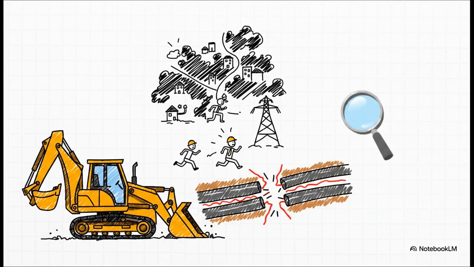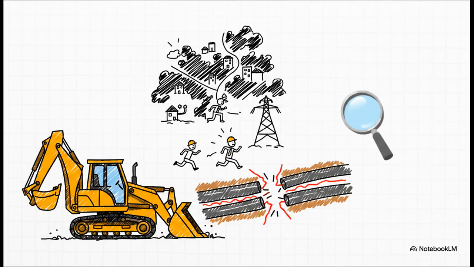Actually, there's this great inside joke among engineers. They call it backhoe fade. It perfectly highlights a massive vulnerability we have. A completely mundane digger on a random construction site can literally cause an entire region's internet to just black out, simply by digging in the wrong spot. And when a cable gets severed, the light stops, the data stops, and it immediately sets off this frantic race